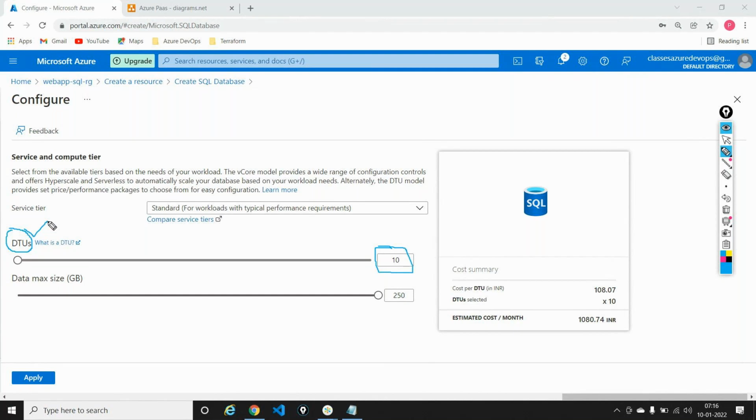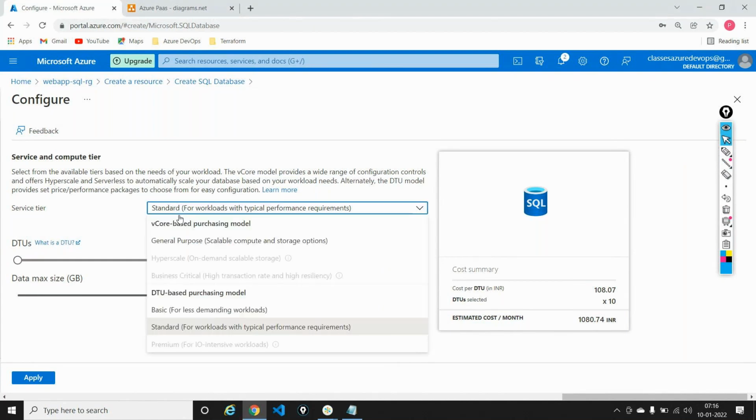So in my case, I don't need so much of a big thing out here, because if you look at this, each and every DTU will cost you somewhere around 108 rupees. This is the price for one particular DTU, and it's now telling me that the estimated cost per month is somewhere around 1080, because I'm using 10 DTUs out here. So it is not based upon the storage, but rather it's based upon the DTU model in which Azure goes ahead and charges you. So I won't say that I need a standard performance, because I am just testing it out. So I'll go with something known as a basic workload,